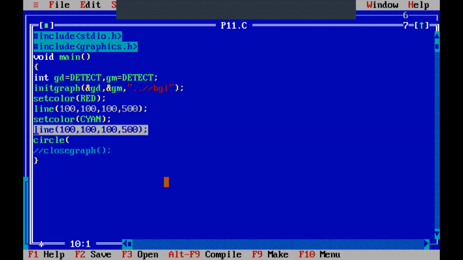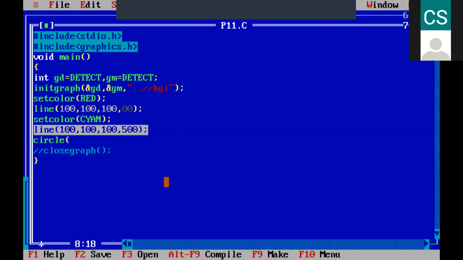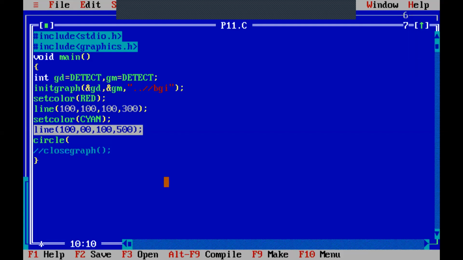Okay. So here what I will do is I will draw 100, 100, 200, 300 line. And from 100, 300 to 100, 500. Now I have drawn the two different lines, but as the slope of the line is same, it will be observed as a line in continuation.